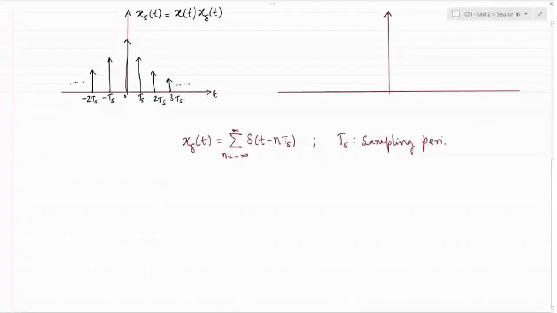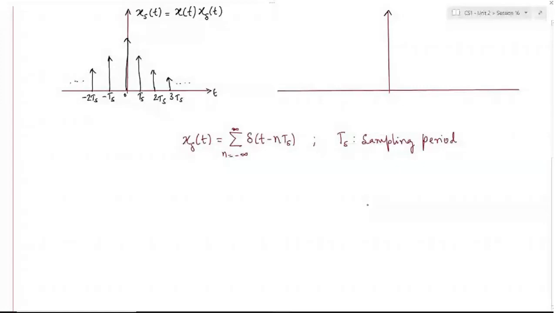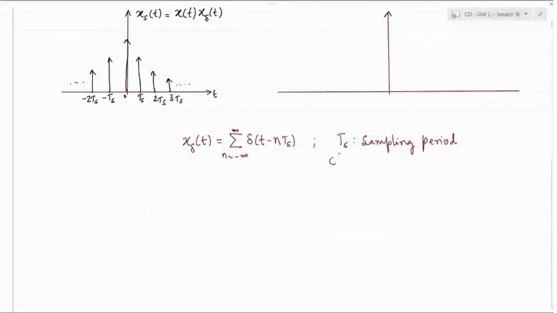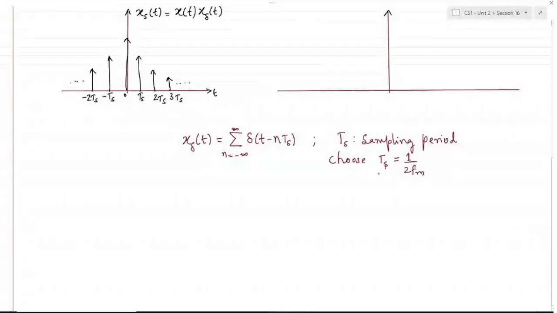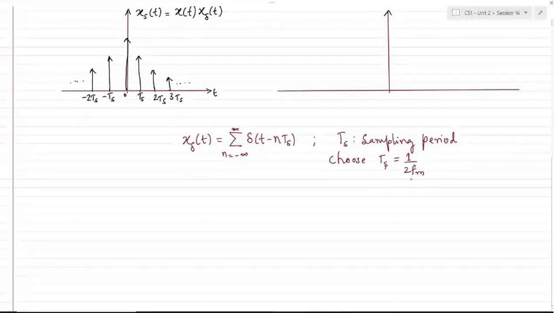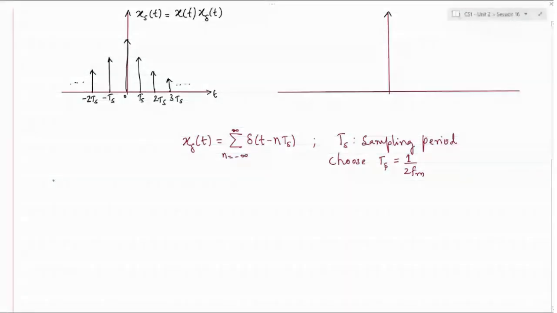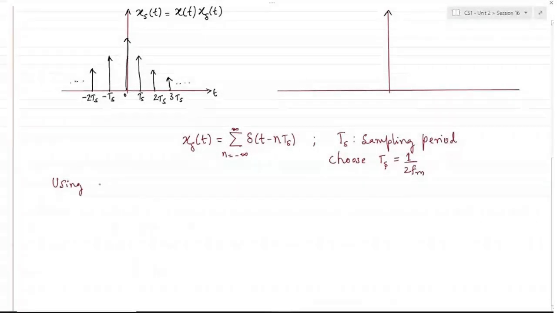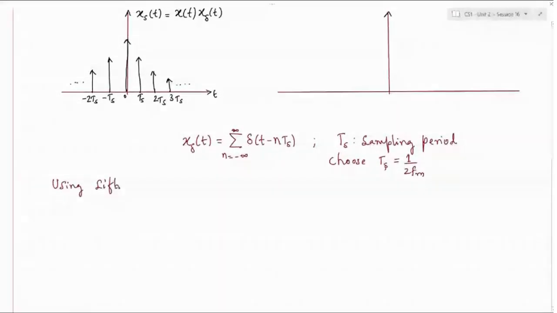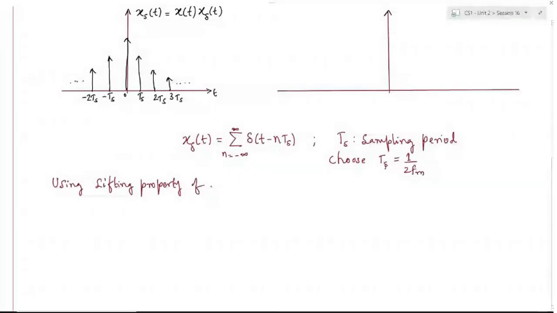Okay, this is the sampling period, and we'll choose this Ts to be exactly equal to 1 over 2fm. Okay, so we know that the sampling theorem states that Ts should be less than or equal to 1 over 2fm. We'll choose exactly the bound, which is exactly 1 over 2fm, so that the Nyquist criterion is just satisfied. We know that using the shifting property of your impulse function,